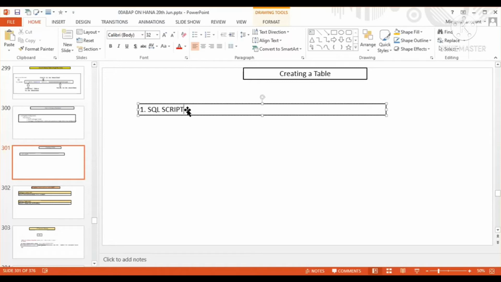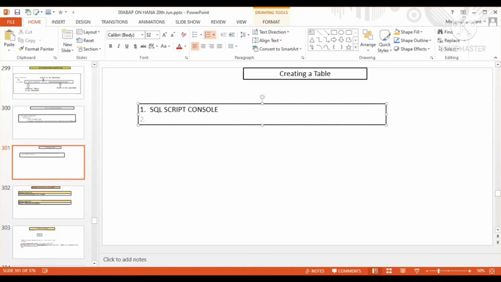There are two ways: using the SQL script, and the graphical interface. One is the SQL script console and another is the graphical user interface. So the SQL script console, first I will show, and then the graphical user interface. Come over here first, and